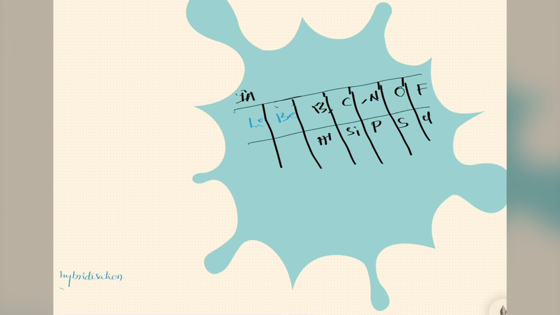This is first A group, second A group, third A group, fourth A group, fifth A group, sixth A group, and seventh A group, right? At minimum we need to know the elements of this group. Okay, sure. So then what happened? If you know this, what will you get from this?